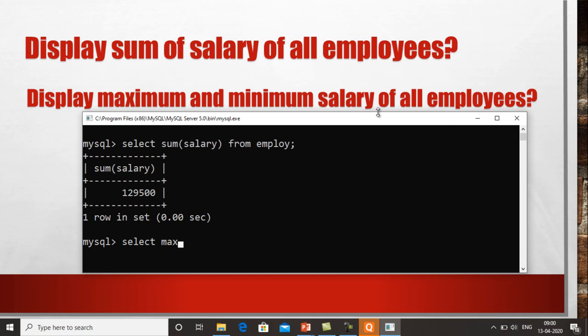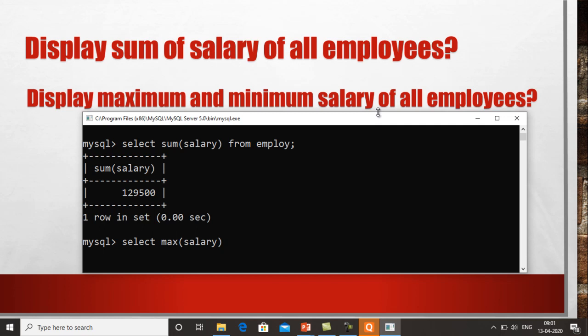One is max, and this max function is used to find the maximum value out of the given values. Either I simply supply some values to it, or I write the name of the field, suppose salary. It takes all the values present in the salary field and finds the maximum value out of those values.